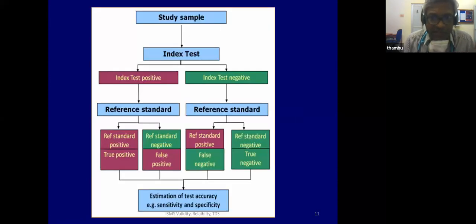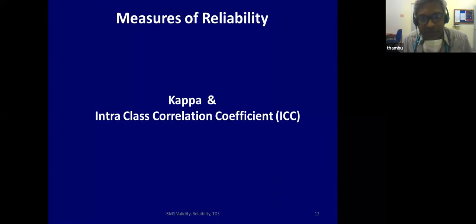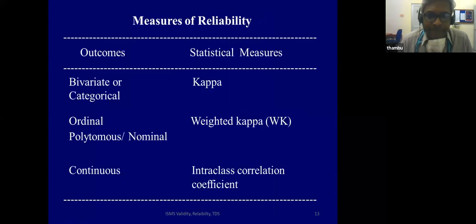So the reason I mentioned this, and I know this is what I'm going to take in the next class on the coming Wednesday, is just to compare it with the validity measures. So the measures of reliability, how do you talk about reliability? Once again, I'm sure that as statisticians, this is very familiar to you all, but I hope it is of value to you all. So how do you measure reliability?